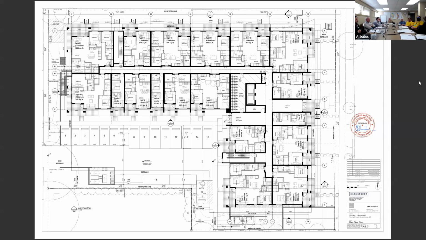When we go through those options again, like I said, we have looked at a lot of options. I just didn't see that one. So keep in mind where our building sits right now. We're basically at the closest corner that we can go to from that critical root zone. If we shift this building over, we start encroaching on that critical root zone for the larger tree.